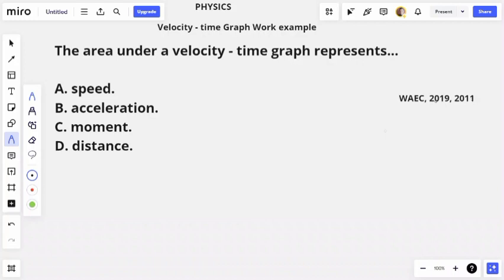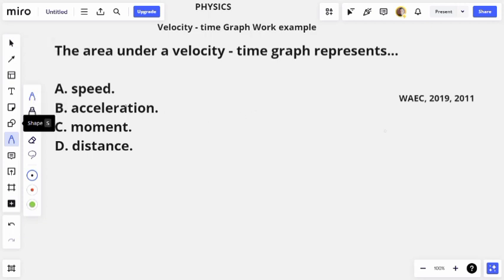2019, 2011. This means the year 2019 question was a repetition. This question was repeated in the year 2011. So instead of doing separate videos for them, I'll just loop them together. Okay. So the question is, the area under a velocity time graph represents, like the analysis I did on velocity time graph,